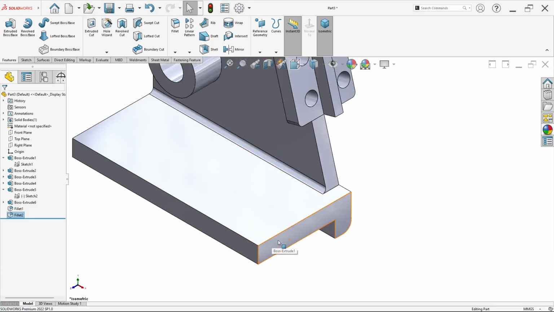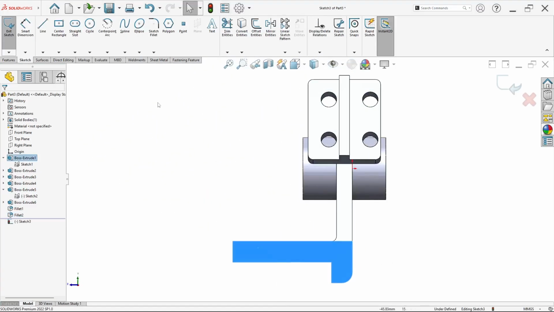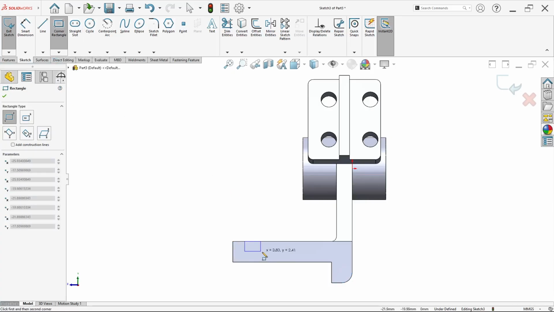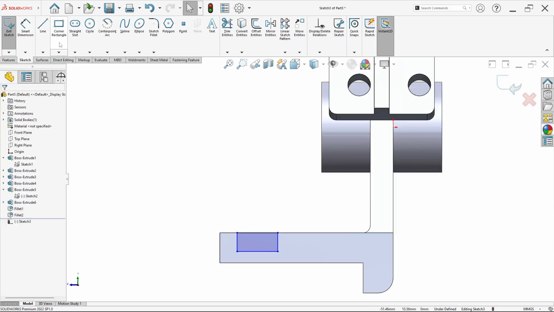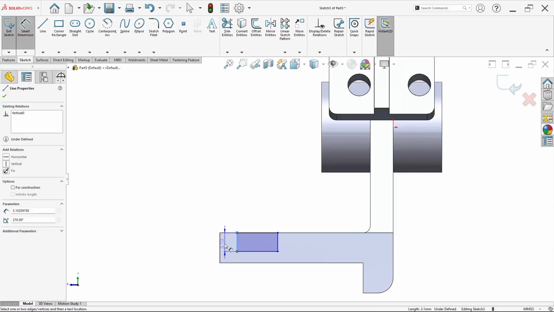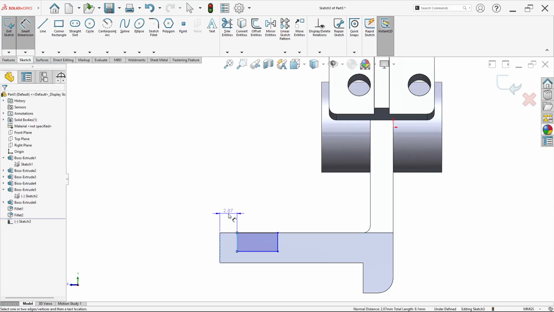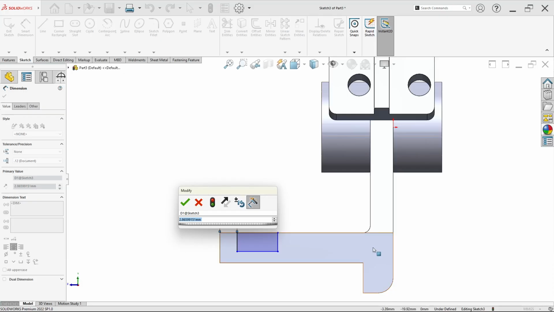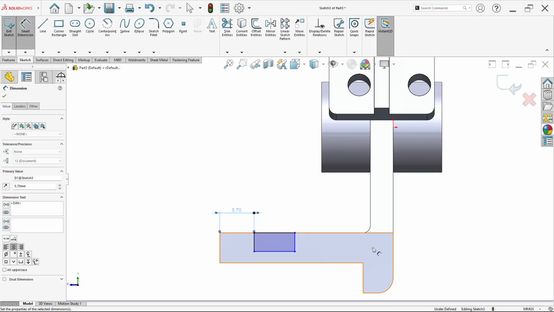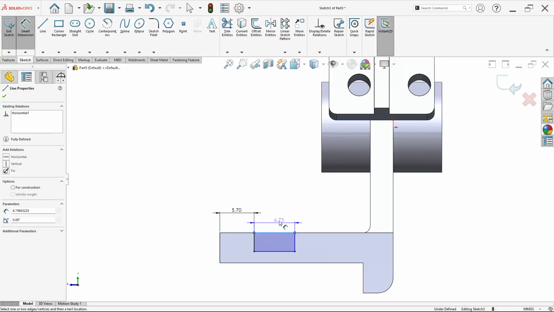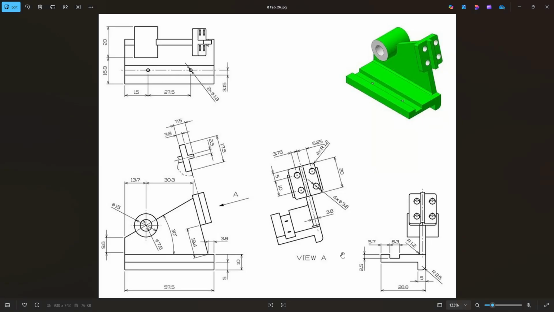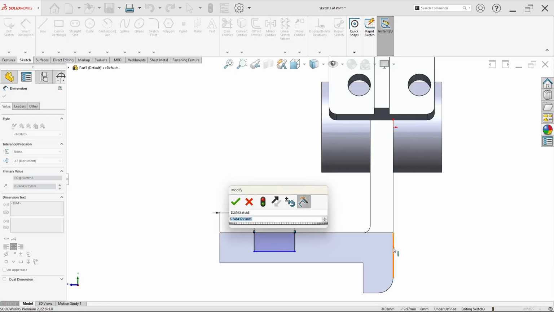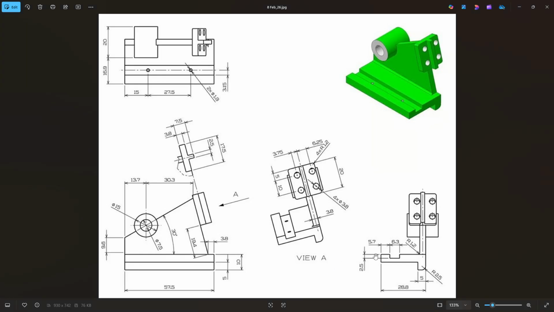So right click on this face, just click sketch, draw a corner rectangle again. Set the distance, this edge at 5.7, and here the width is 6.3 millimeter.